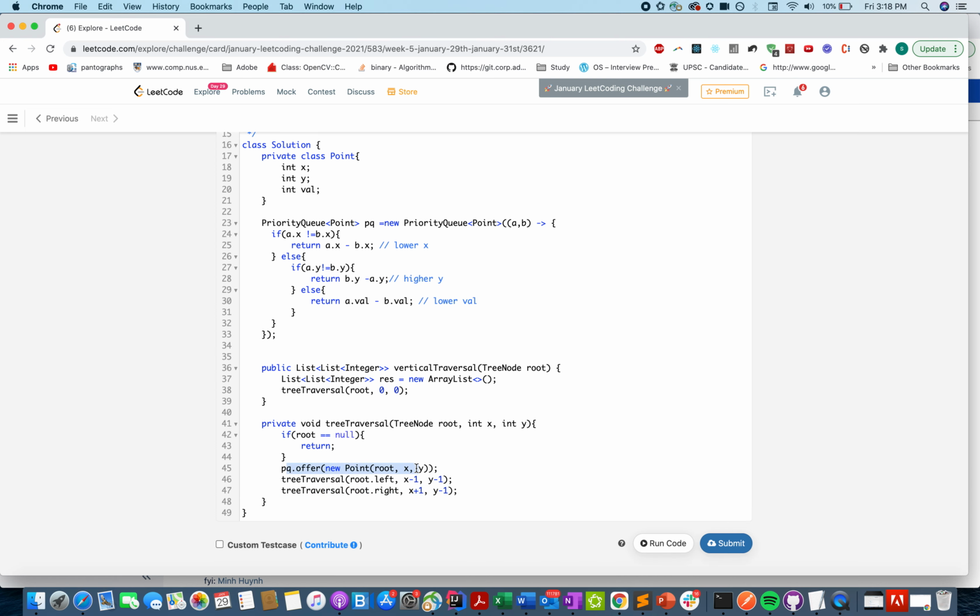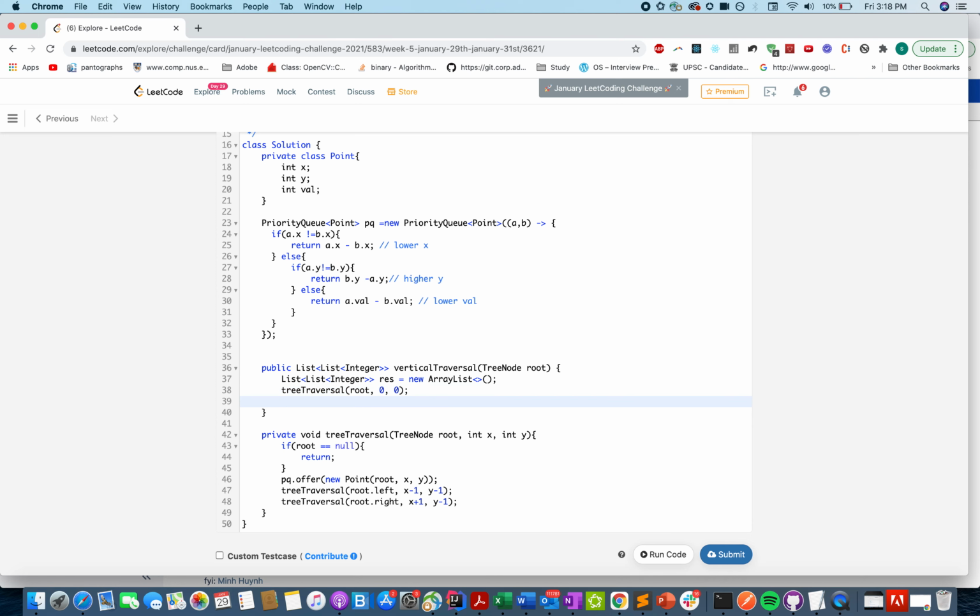We have added all the elements into the priority queue, and now let's start the iteration where we'll be building a result array. We need to define a previous x index so that we know whether to create a new subarray or add elements to the previous one itself.